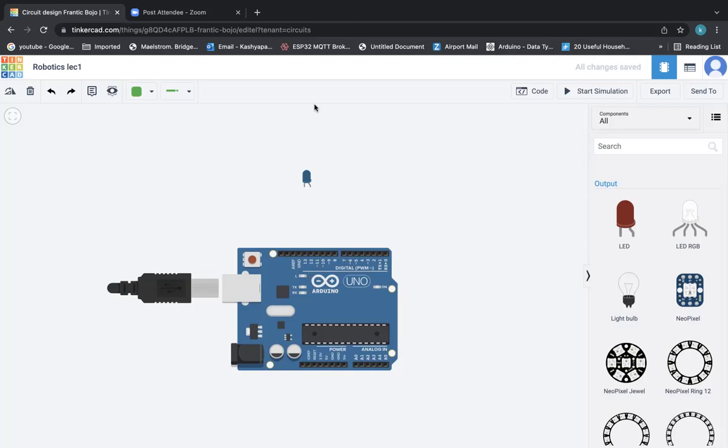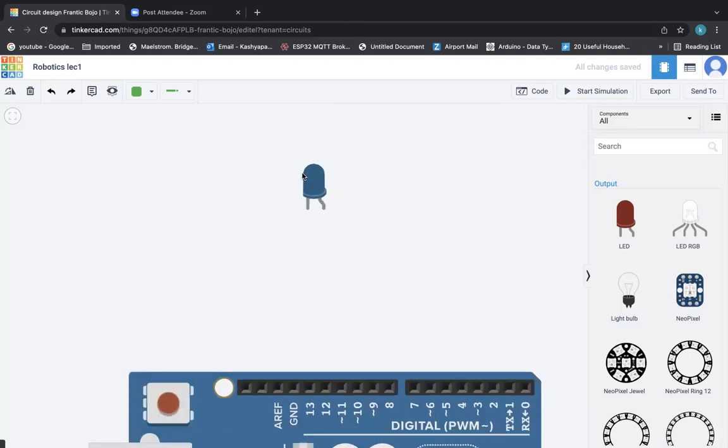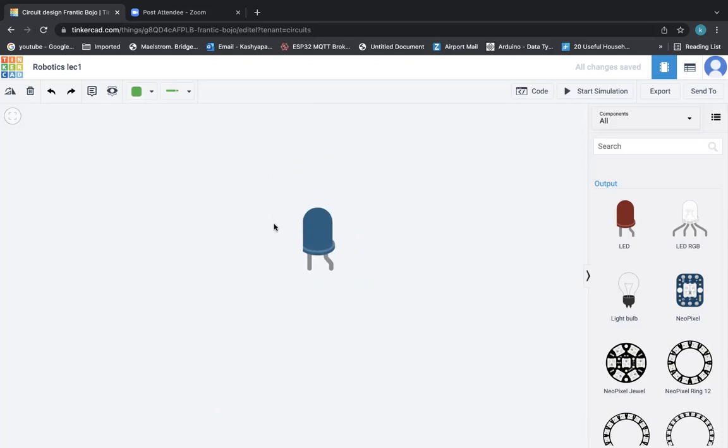All right. So let me zoom the LED, so you can clearly see this. In this, LED is a diode. Diode is a device which only allows the current to flow in one direction. Again, we will learn a little bit of electronics in a different lecture session. So I'm giving you a complete picture of what you're going to learn. So you're going to learn separately about sensors, separately about actuators, and separately about electronics as well.